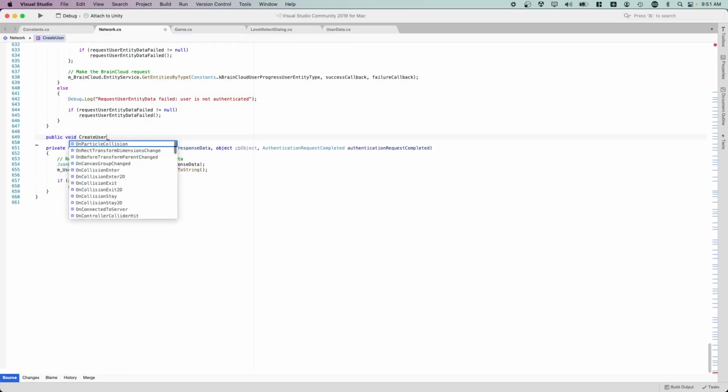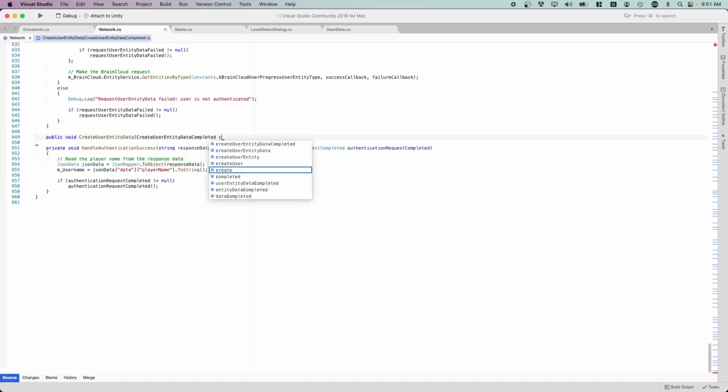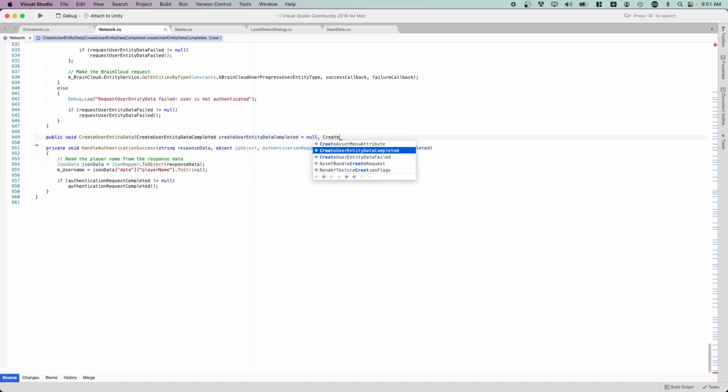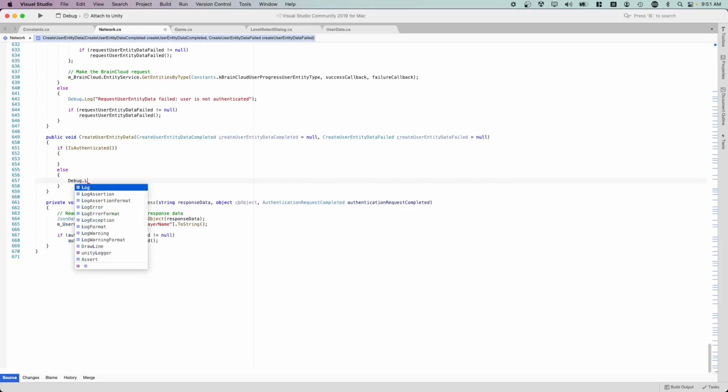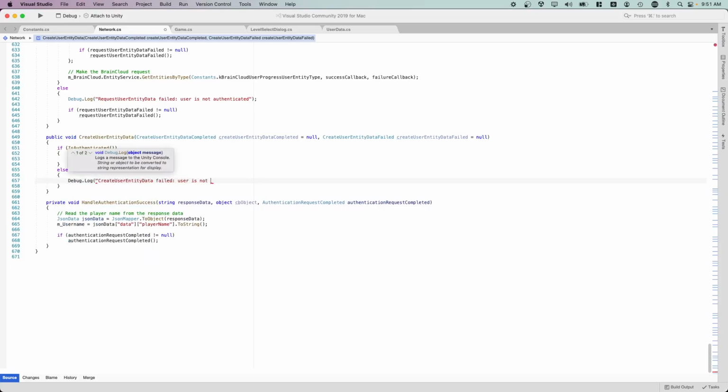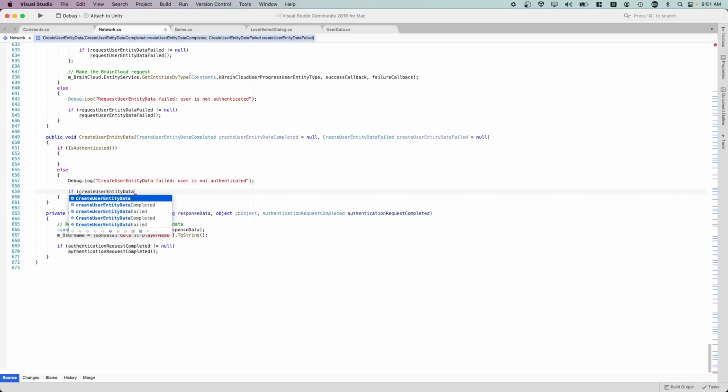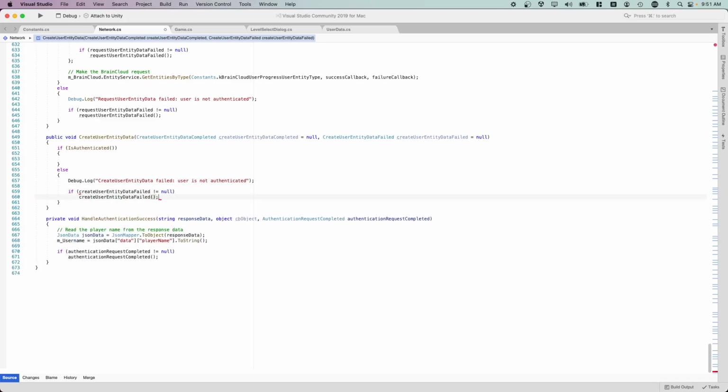Next, declare a public method called createUserEntityData. In the body of the method, we're going to check to see if the user is authenticated. If the user is not authenticated, we'll log a meaningful error message, and if set, we'll invoke the failed callback delegate. If the user is authenticated,